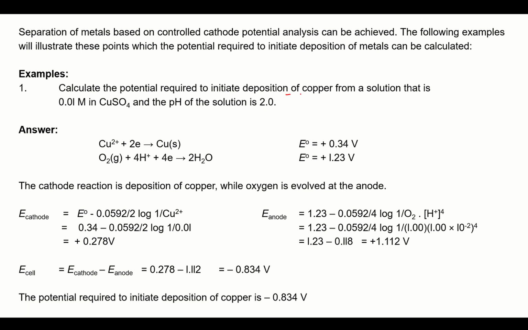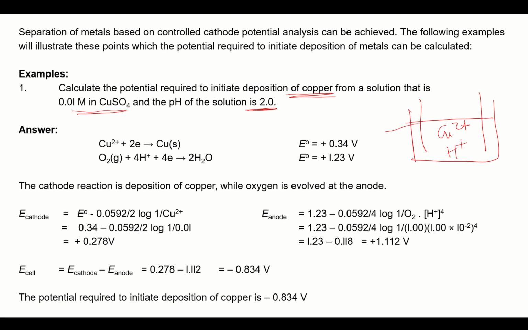Okay, so what is the material to be deposited? Copper. From a solution, the pH of the solution is acidic. This is the concentration of copper sulfate. Using copper sulfate, this solution contains copper as well as H plus. So there are two electrodes